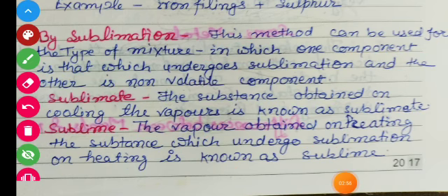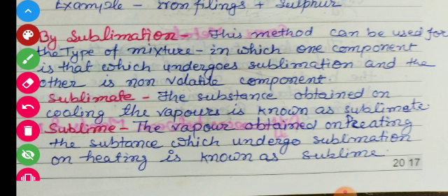Students, the process can be used to separate sublime substances like naphthalene, camphor, ammonium chloride, benzoic acid, iodine, etc. from the non-volatile components present in the mixture. The mixture is taken in a china dish and is covered by a perforated porcelain plate. An inverted glass funnel is placed over the dish and its stem is plugged with cotton.